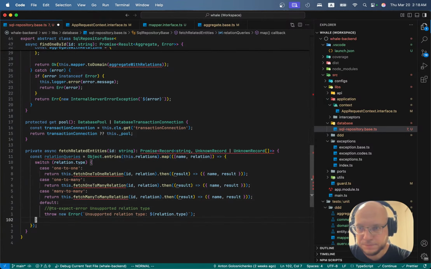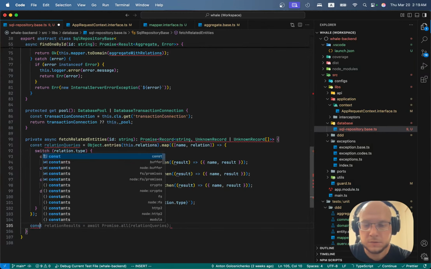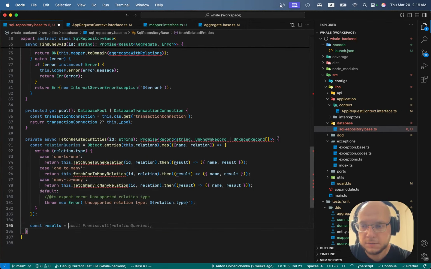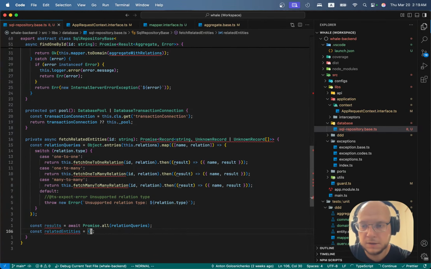We have all these relation queries defined, right? After that, oh, sorry. After that, we need to retrieve all the results, right? And we need to fetch all the related entities. Const relatedEntities equals like this,